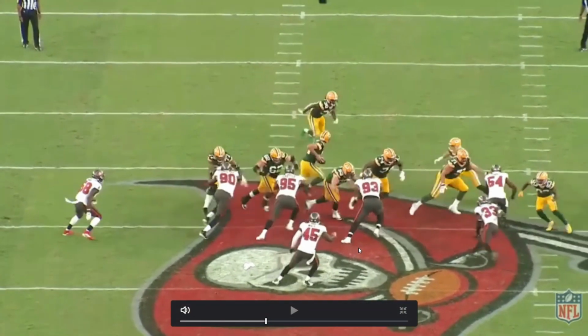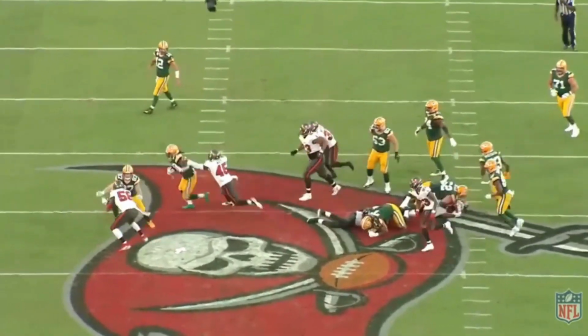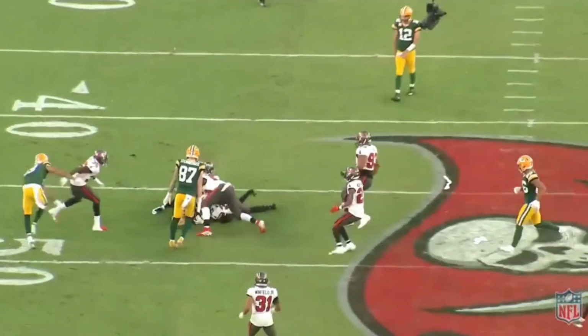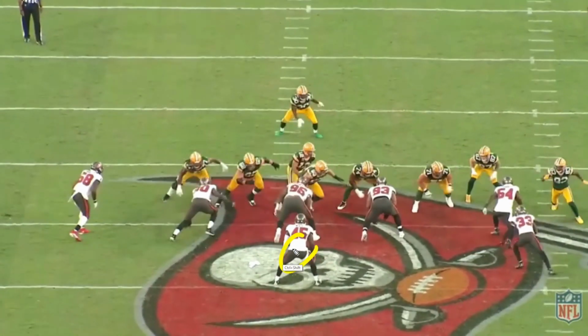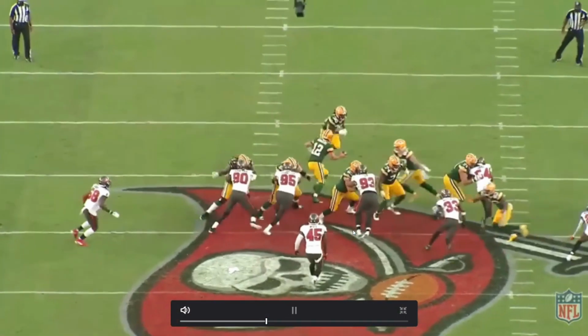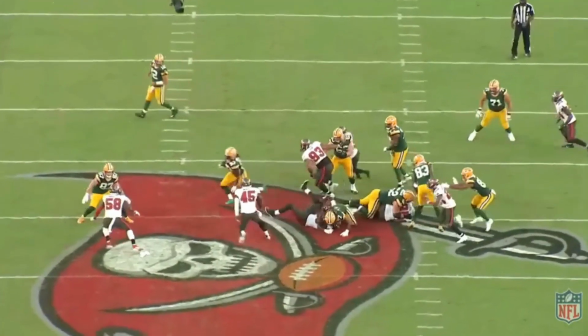They're closing the left side of the line and then forcing them back to the right. Devon White's right there to make the play. Doesn't over pursue, which is good. So it's just playing assignment sound football. He's not going out. He's following the ball carrier. Exactly. So he's just reading the play, he's being patient with it, and then go attack, and he makes sure